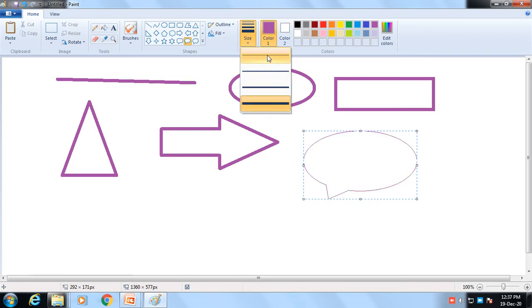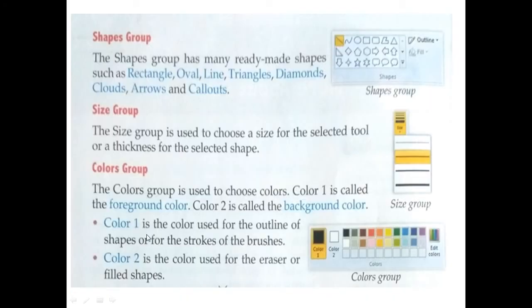See, if I'm using 1px means the border of this image is very thin. If I'm using 8px, the border of that image is very bold, very thick. Fine.